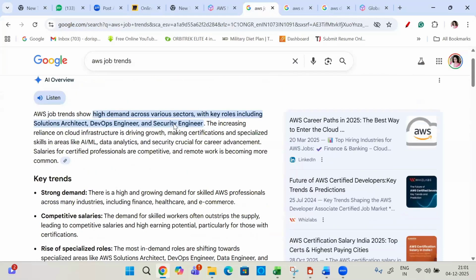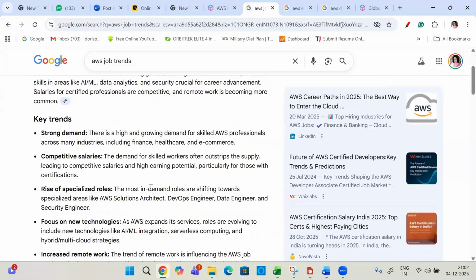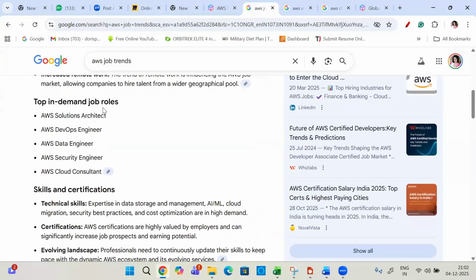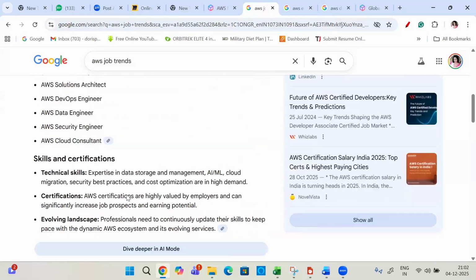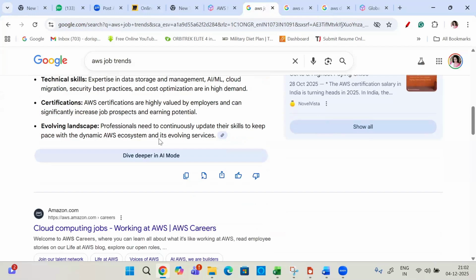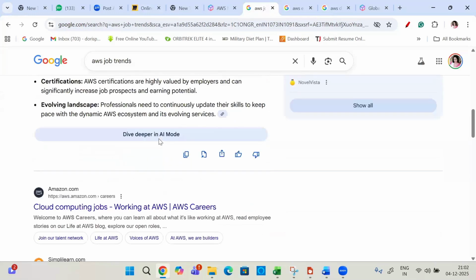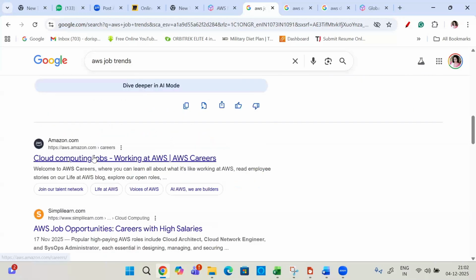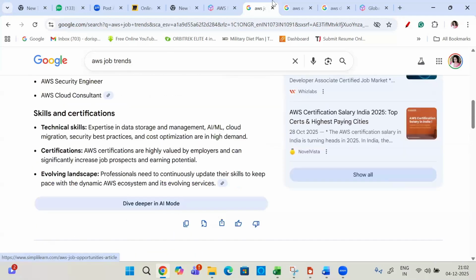You can see there's a high demand for solution architect, DevOps engineer, and security engineer. Not only that, even the packages, this is the top in-demand job roles: solution architect, DevOps engineer, data engineer, security engineer, cloud consultant. The job pay is also quite high, and it depends on your skill sets, your certifications, and how you give the interviews.